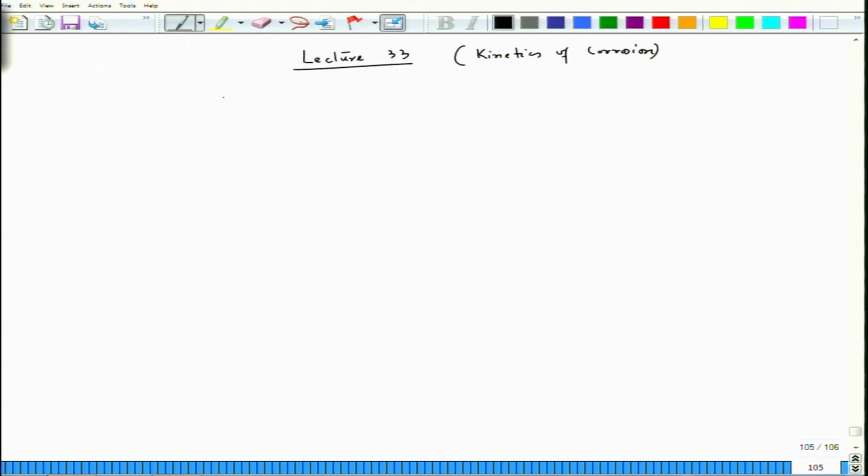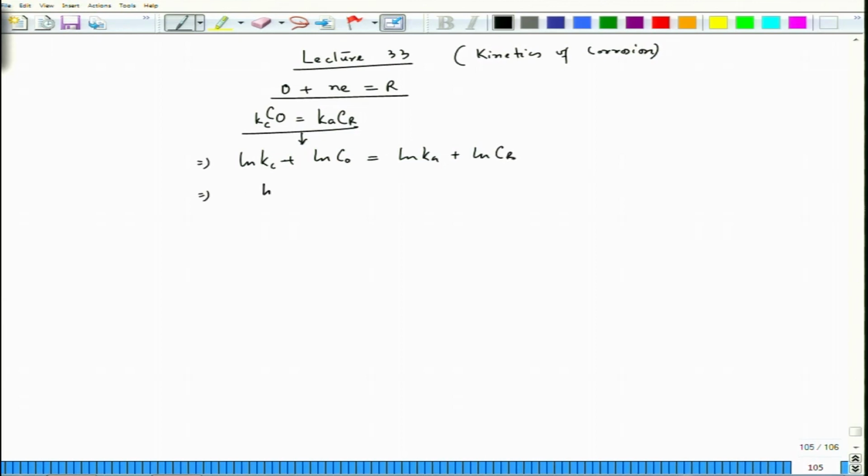Now, in the last lecture, at the end, we came to a situation where we consider a single half-cell redox reaction O plus ne equal to R, and then we try to see the equilibrium condition, which is K_C times the concentration of O equal to K_A times the concentration of R. Then we took logarithm on both sides: ln K_C plus ln C_O equal to ln K_A plus ln C_R. After rearrangement we get ln K_A plus ln 1 by K_C equal to ln C_O by C_R, and we also know that E minus E0